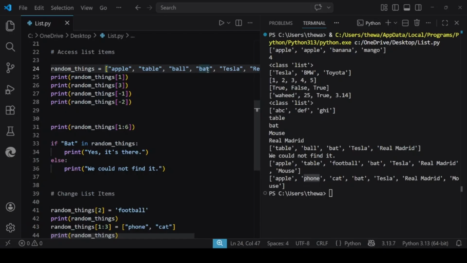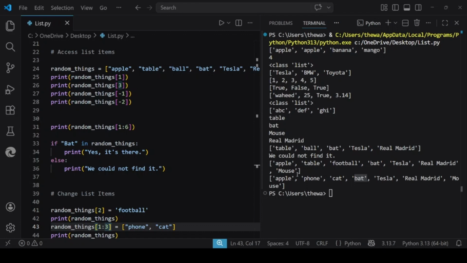Okay, so at the second value it is cat here because this 3 is at this position. But this value is not changed here because this 3 is excluded from the list, and it goes to the last item because it is the ending value. This is the starting value and this is the ending value, and the ending value will have one less value. That's why. Okay, you can also